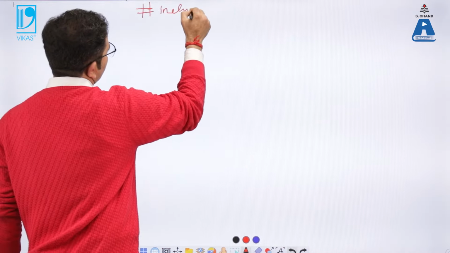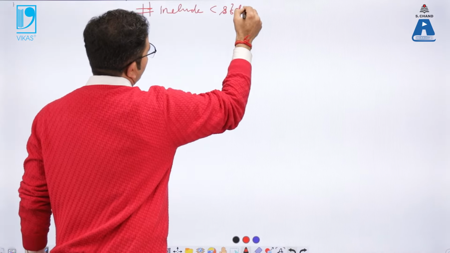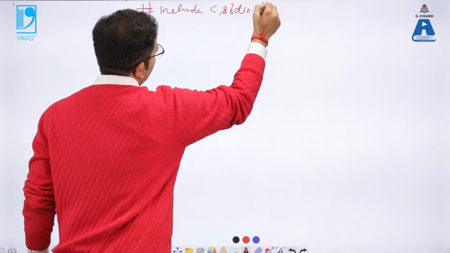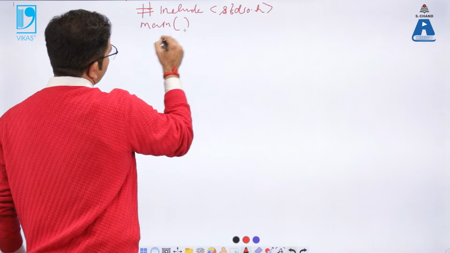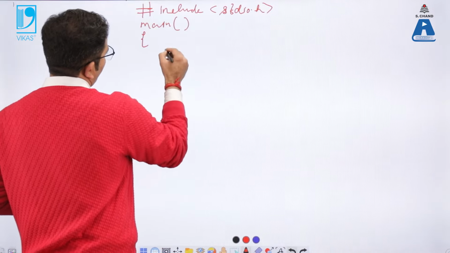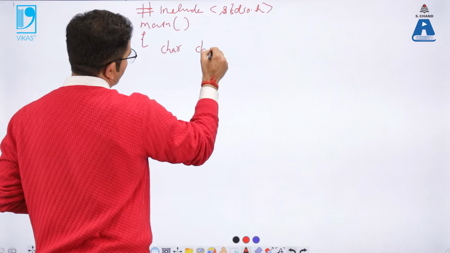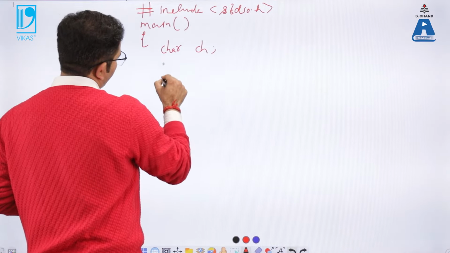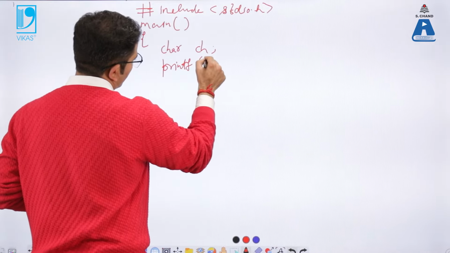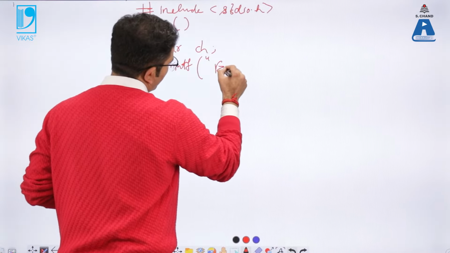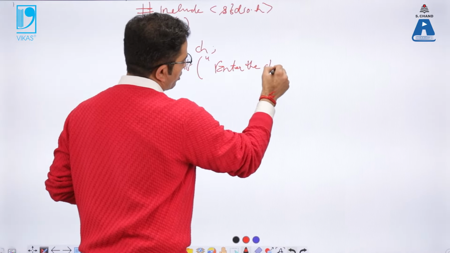Hash include stdio.h, main function. Okay, char, we have to declare a character value, char ch. Okay, printf, enter the character. I am writing in short,